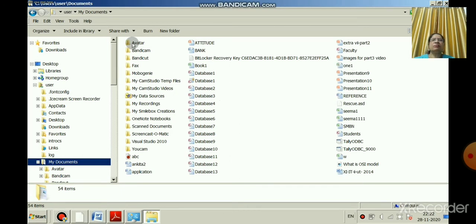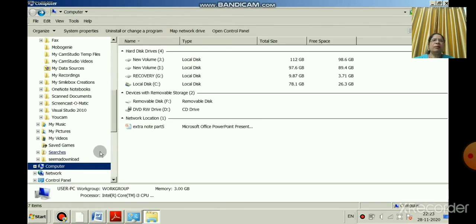Can you see the difference between the folder and the files? The folder is totally different. It is only one color, that is yellow color. The files are totally different. They are different applications' files, right? Okay. So now